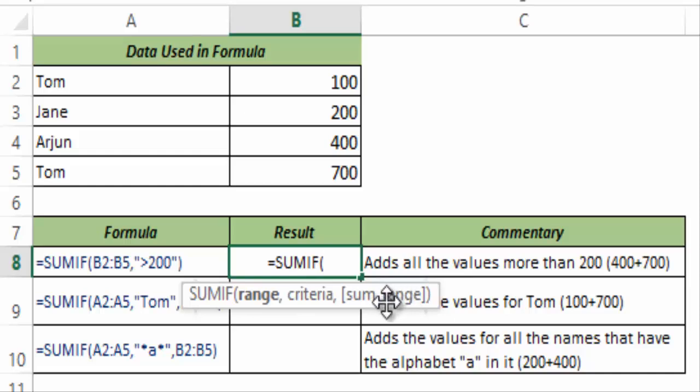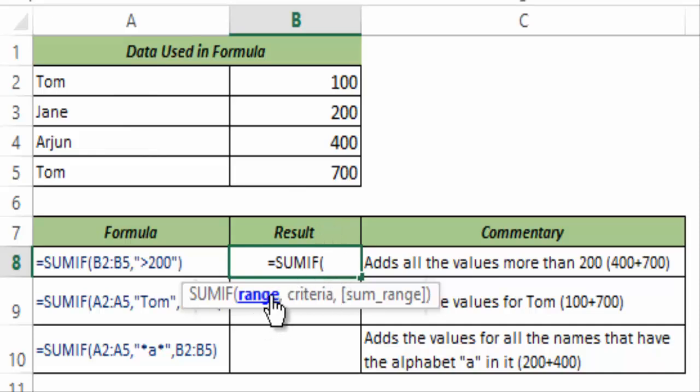A few things to note about this here is that SUMIF function would ignore any text or blank cells if there are in the sum range, and if your criteria range and sum range length are different, then it would take criteria range. So in example, I take criteria range as these 3 and sum range as these 4, then Excel would only consider these 3 rows and not the 4th one. Now let me show you how this works.